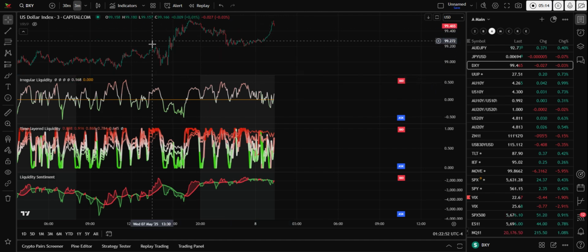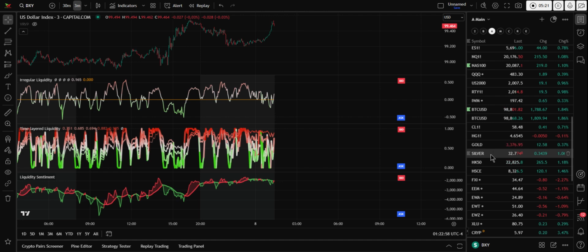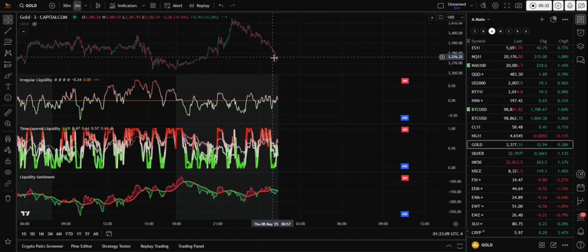And so when we are trading, we're probably going to be looking between the Dixie and the other half of the pair, and in this case we can see that silver's held its price, and so has the Dixie. If we go and have a look at gold,